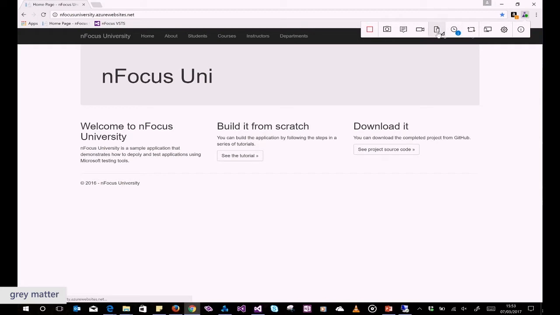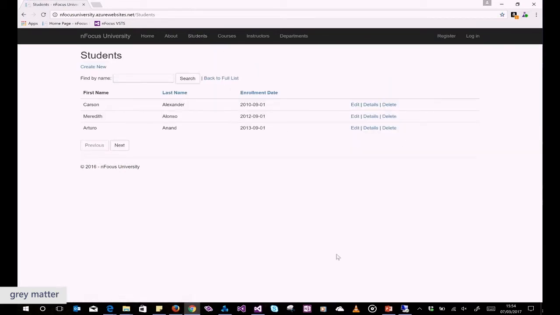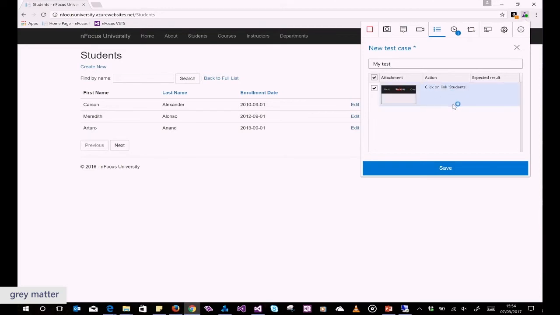I can then, as well, create a test case. So if I think that what I'm about to do, I want to record as a test case, I can click that. And then put a title in. And then when I interact with the application, what should happen in the background is it should start recording what